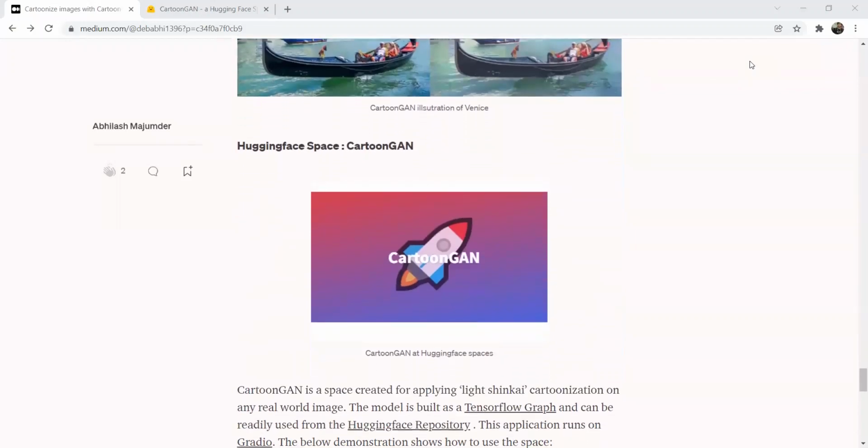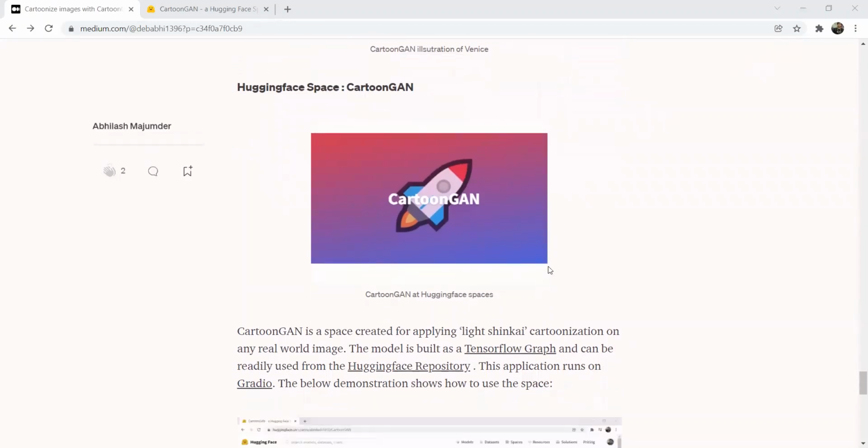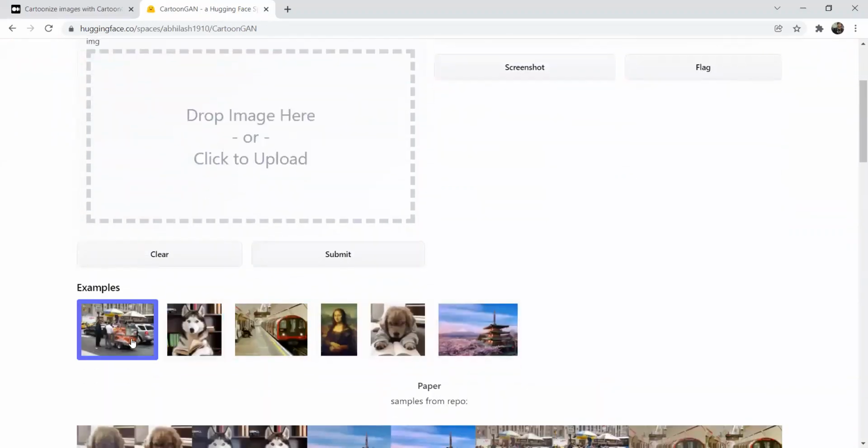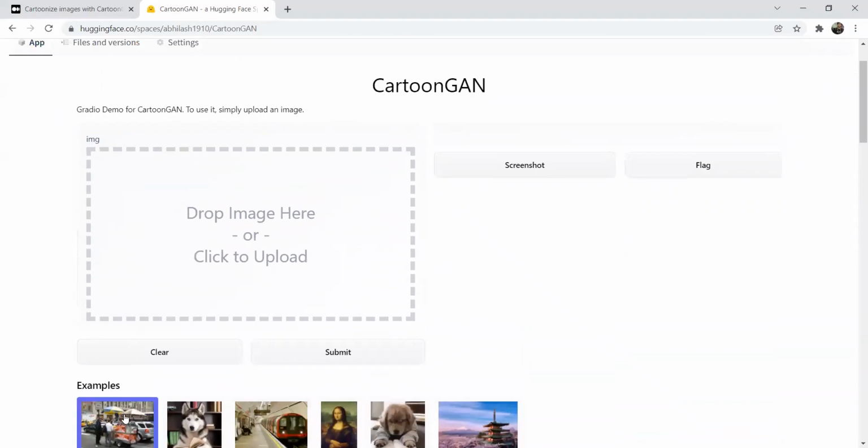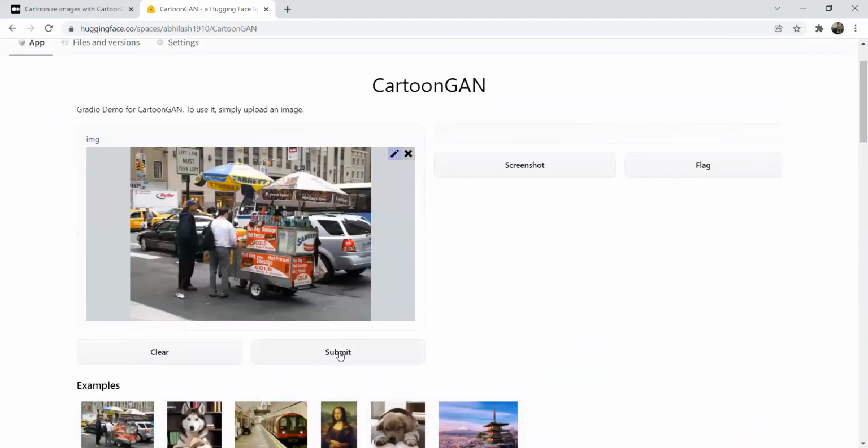So now that we have seen and learned about the research behind CartoonGAN, we can see this in action. This has been built with the Hugging Face Gradio app. You can find the app over here, CartoonGAN. If you want to test out any images, you can use the example images, or you can upload any kind of image, JPG or PNG format, and we can see the generated output with the help of CartoonGAN. This application is built on top of Gradio and uses a TensorFlow backend module because the model was